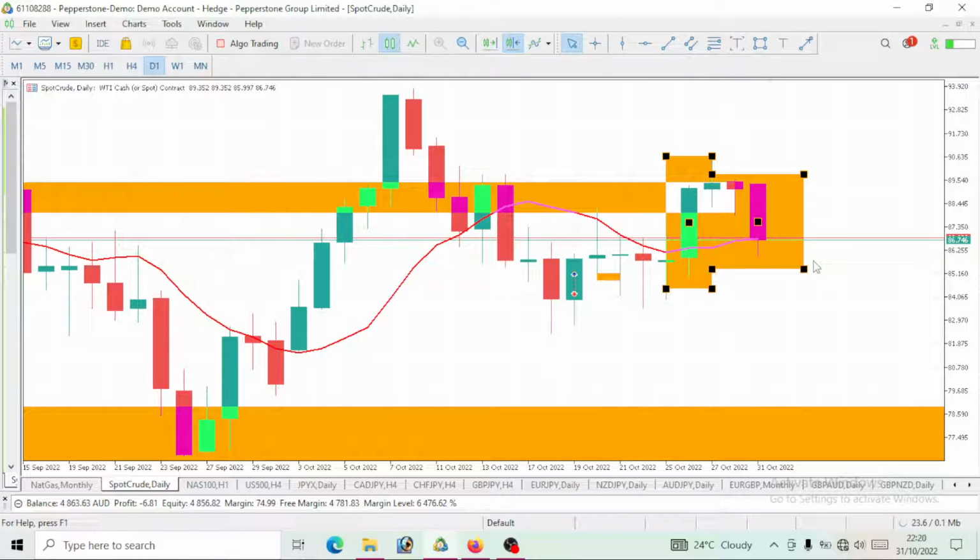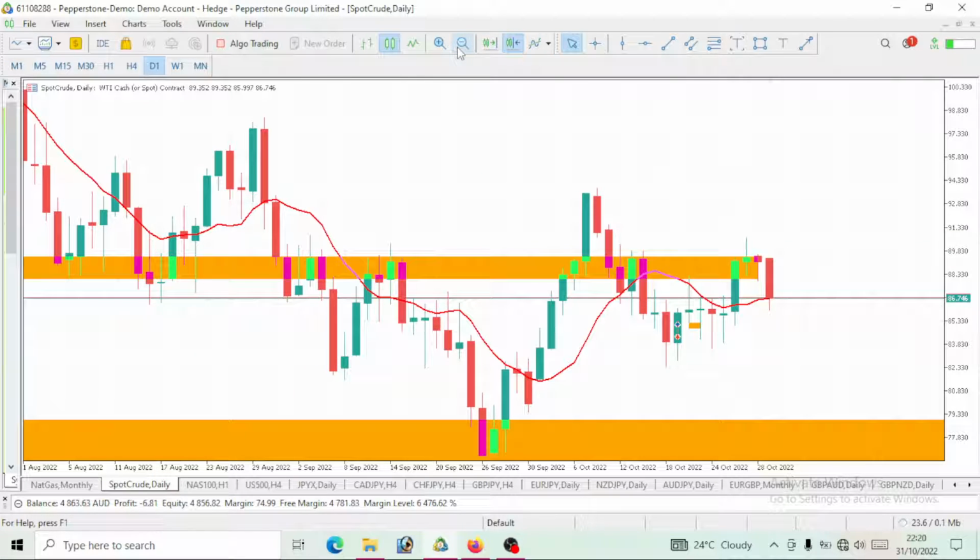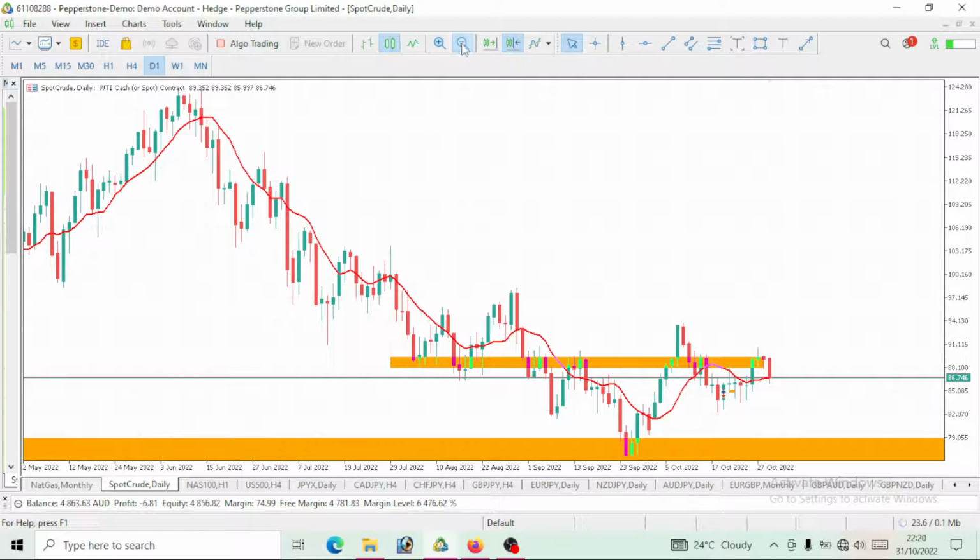So there's a correlation between the WTI price and the price of our USD: once the USD is going bullish, then we will be seeing a bearish move on our WTI crude oil. That is the correlation itself. We are expecting a bullish move on our DXY, which is our USD index, so as we expect a bullish move on that pair, we should be expecting a bearish move on our WTI crude oil.